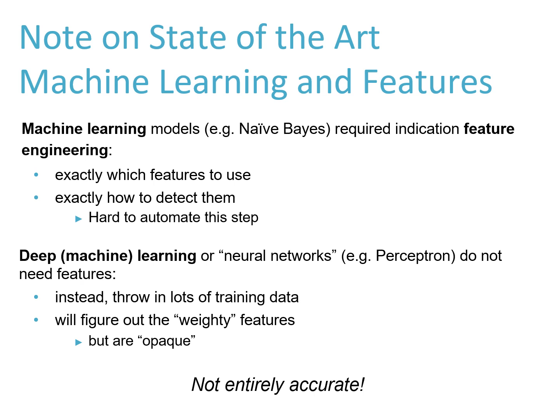However, with deep learning or neural networks or AI, a user does not need to put in features. Instead, they will throw in lots of training data. The machine will then figure out the weighted features and then hand its results back to the user. This does have its consequences, and it is not entirely accurate, which is why these sorts of indications are